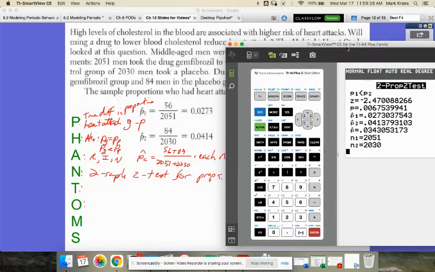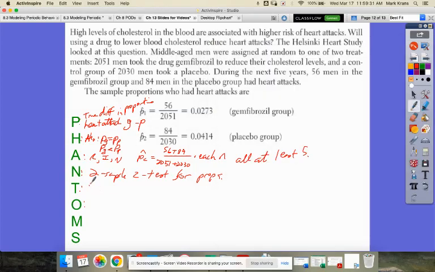So negative 2.47, okay? And my p-value equals James Bond, and so we make a decision, okay? Since my p-value equals 0.007 is less than 0.05, which is my alpha. Oh yeah, by the way, alpha equals 0.05. All right, we reject the null